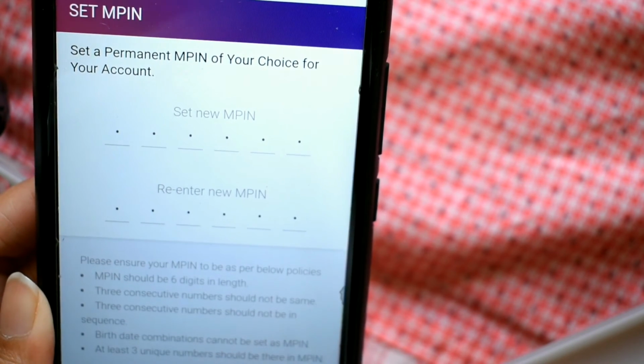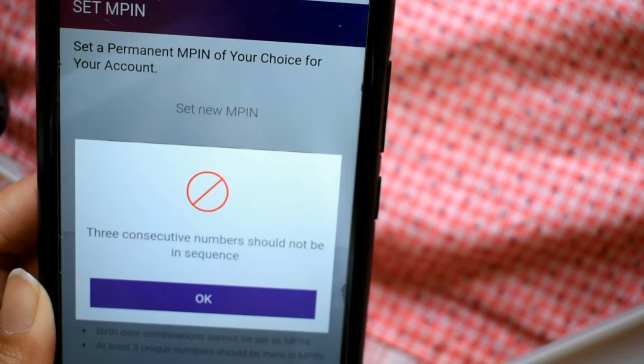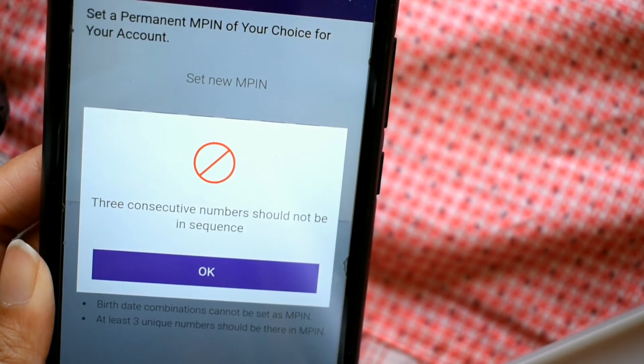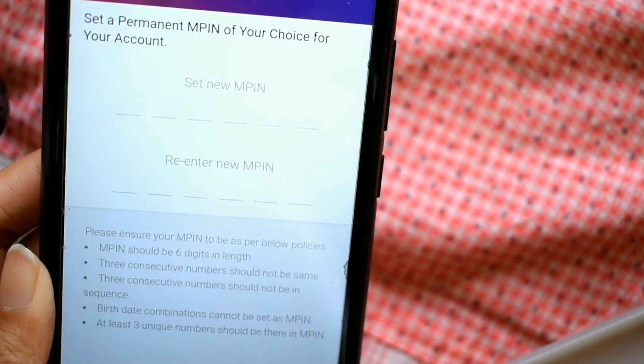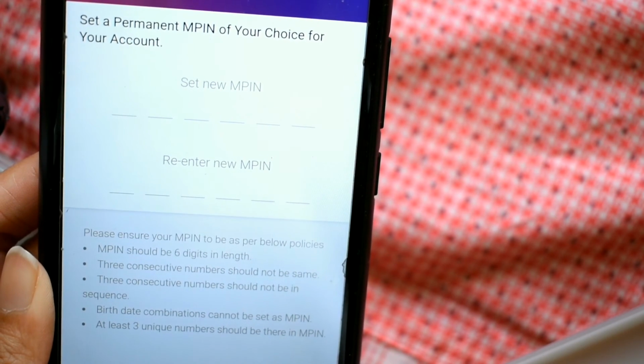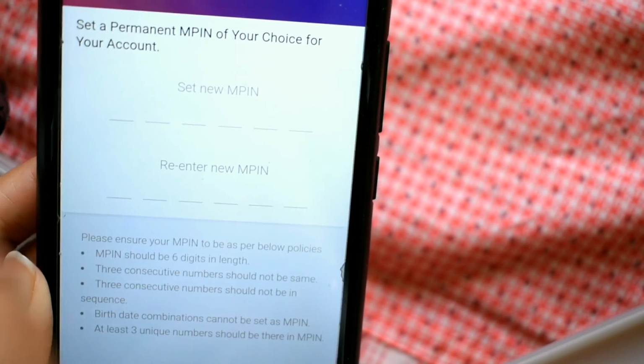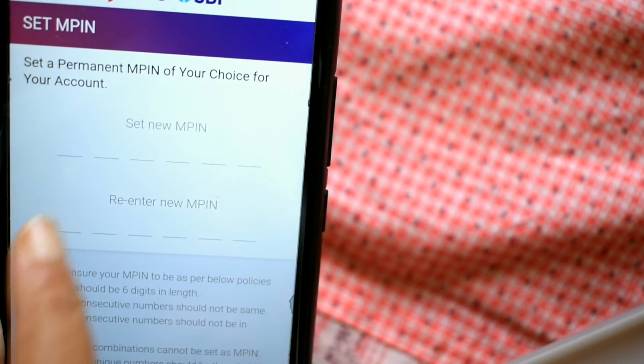Now let's see, it will show 3 consecutive numbers should not be in sequence. So okay, now we'll have to give a unique MPIN. You also cannot give combination of date of birth.